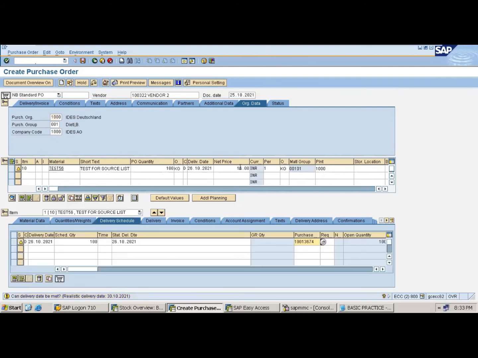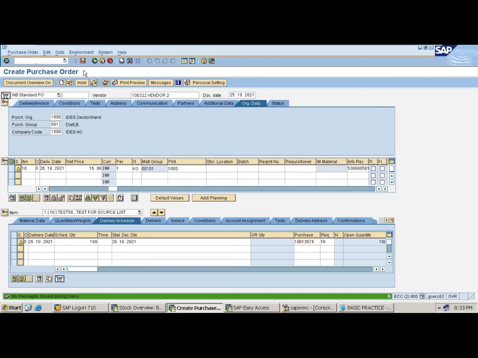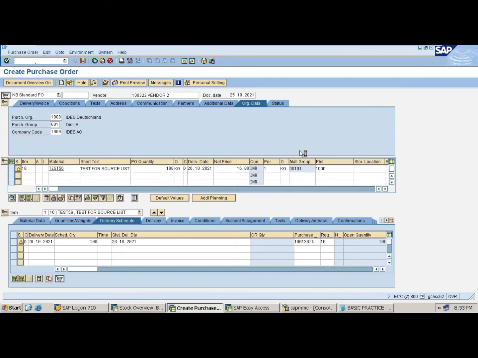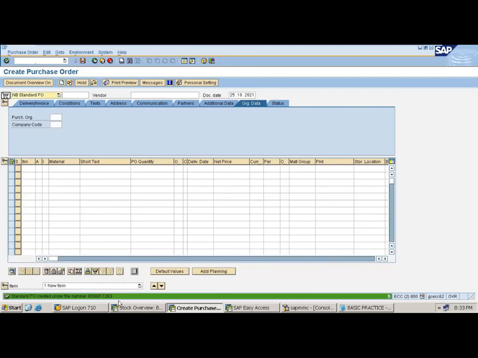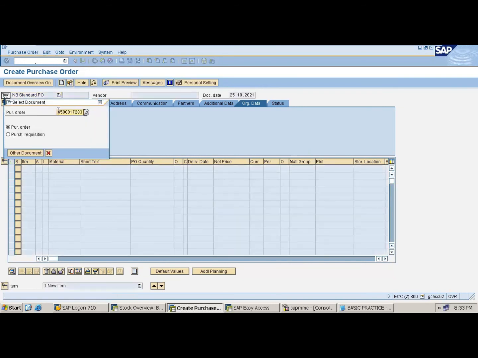The price must be fetched from the purchase info record. That info record number you can also view here. Let's check and save. Check and save it.